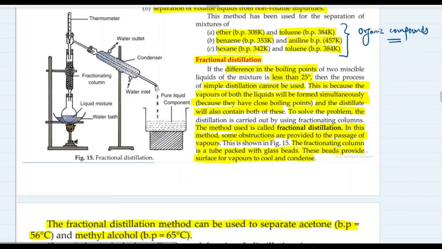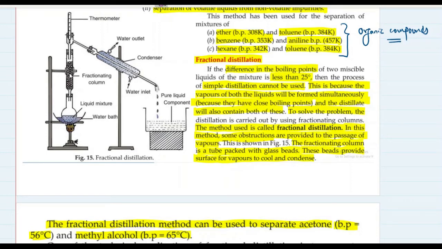So what is left behind now at 58, 59, 60 degrees Celsius? What is left inside? Only methyl alcohol, which will keep on generating its vapors up to 65 degrees Celsius, and those vapors will keep on condensing on these glass beads and trickling down into the round bottom flask. But at 65 degrees Celsius, as soon as the temperature of the mixture attains 65 degrees Celsius, methyl alcohol will start boiling. Its boiling point has been reached now. So methyl alcohol will be in its vapor form for good.